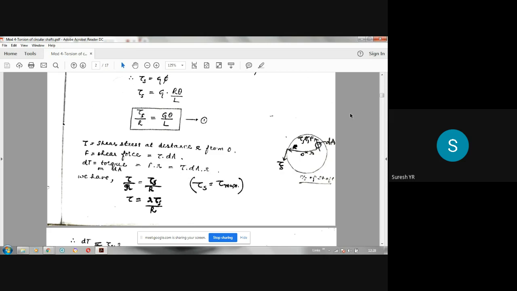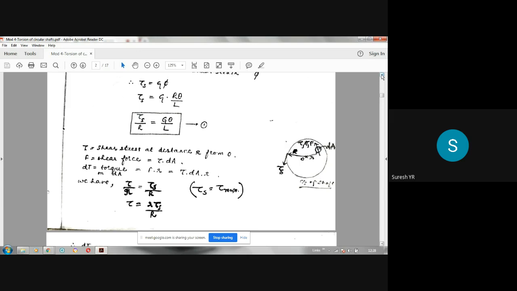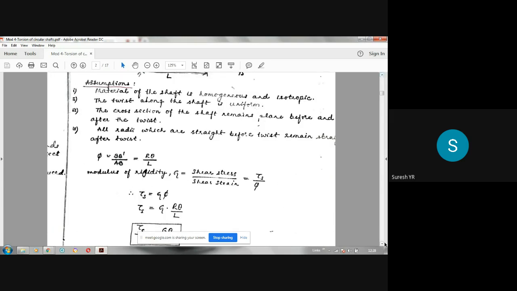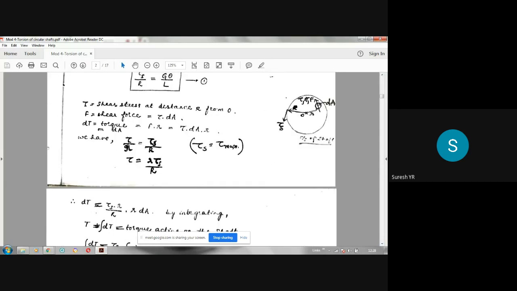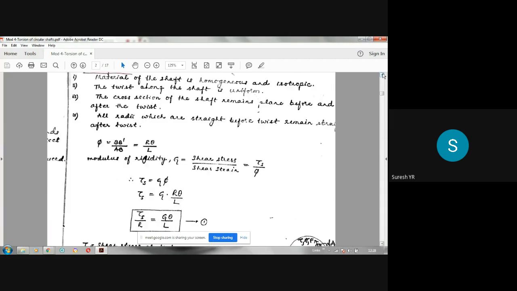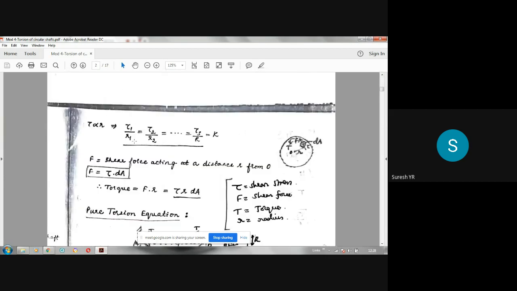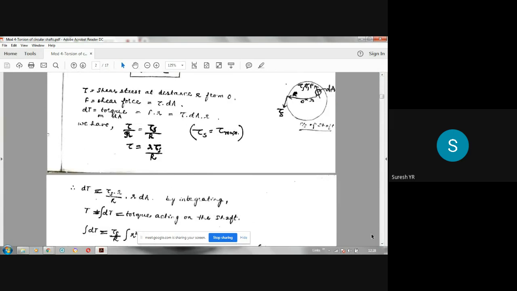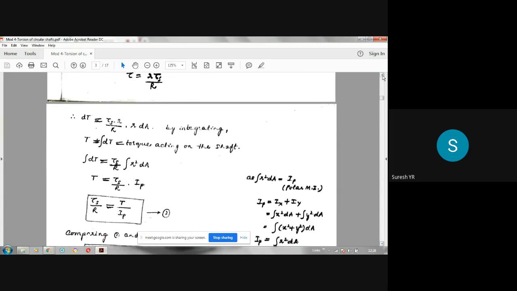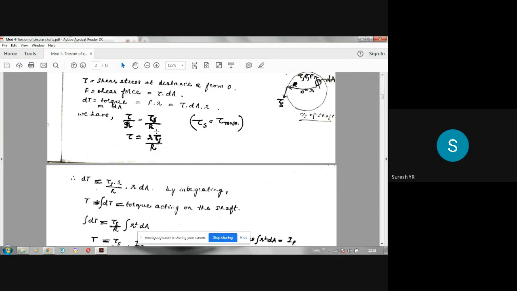Now, according to the law, we have seen that the shear stress is directly proportional to the radial distance. So this we can write: tau divided by r should be equal to tau s by capital R. So this I have explained here. Because shear stress is directly proportional to the radial distance from the center of the shaft, you can write it as